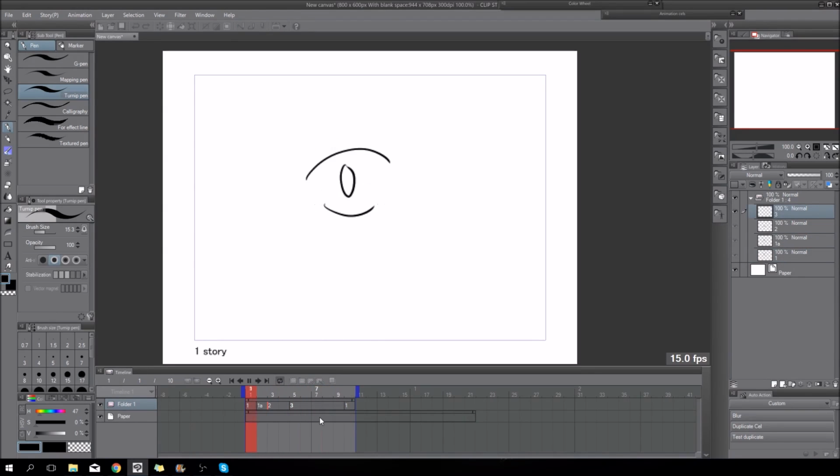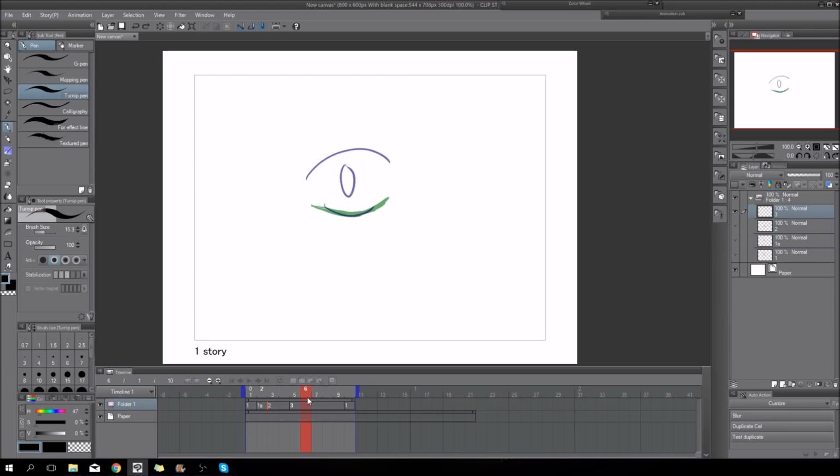But this is good for things that loop, or things that happen again and again. Like if I draw hair that's waving in the wind, I don't want to draw it all the time, like for 50 frames, every frame different. I will draw the first 10 frames, which are loopable, and I'll copy them and put them behind.